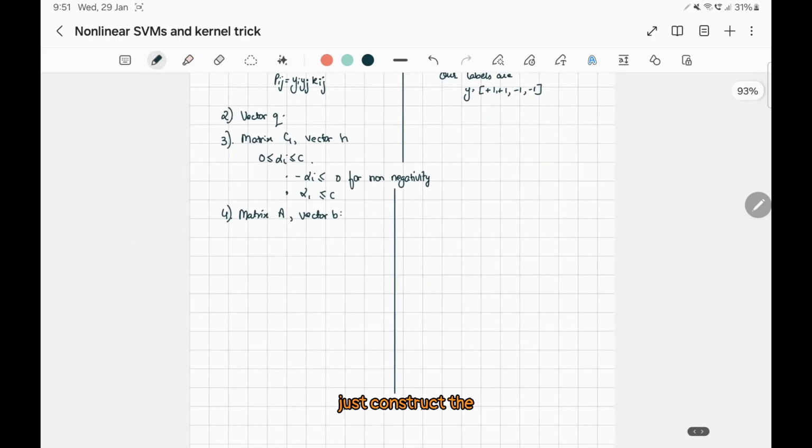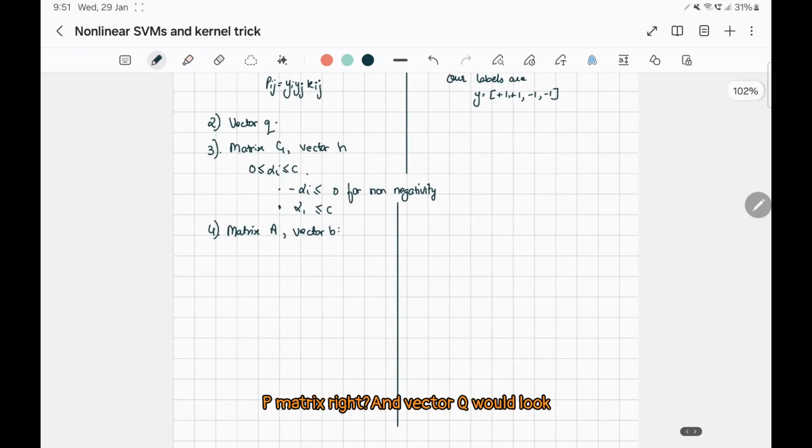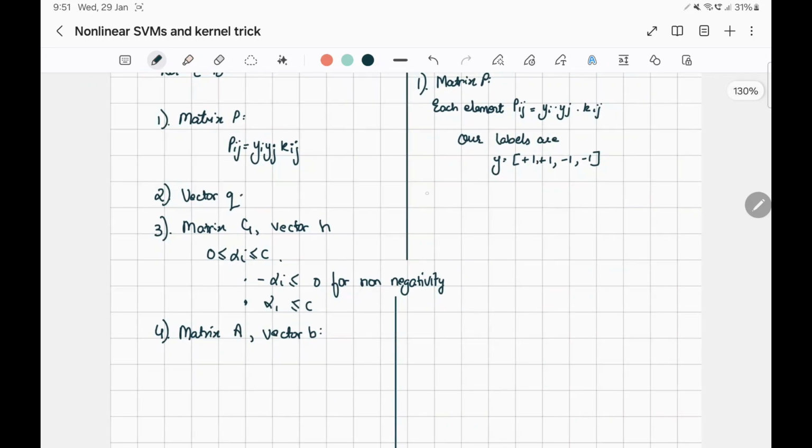And then just construct the P matrix, right? And vector Q would look like,